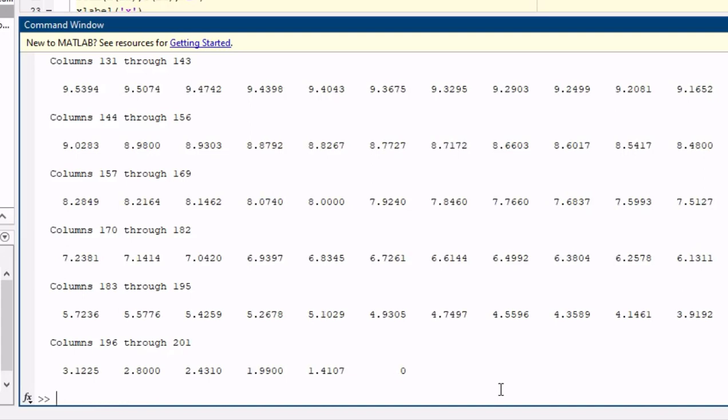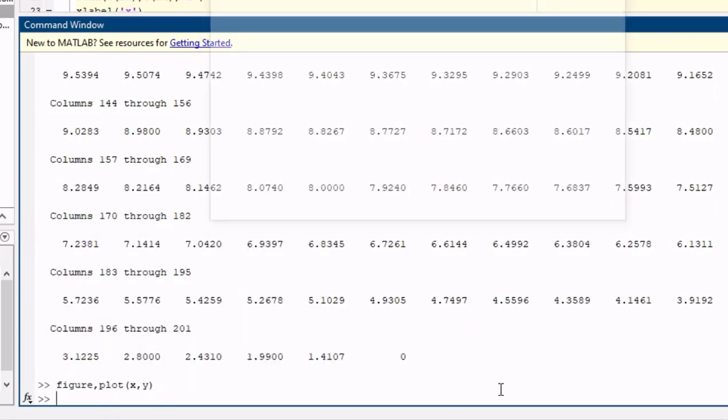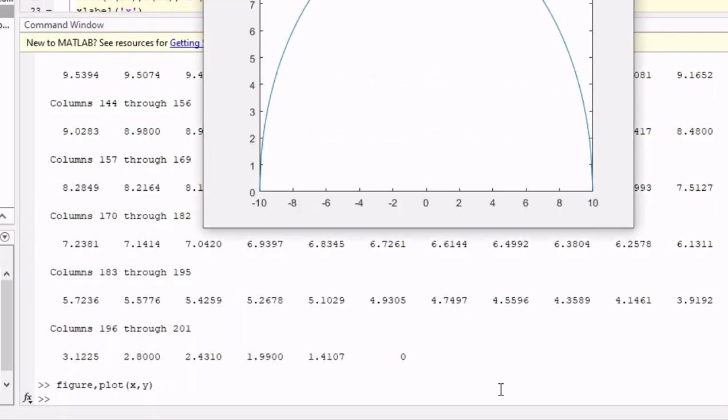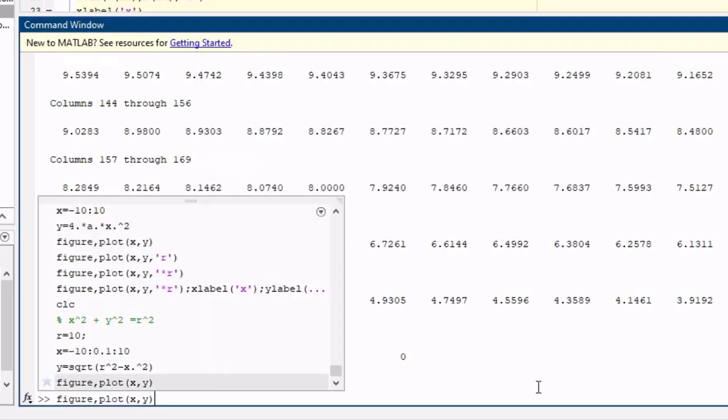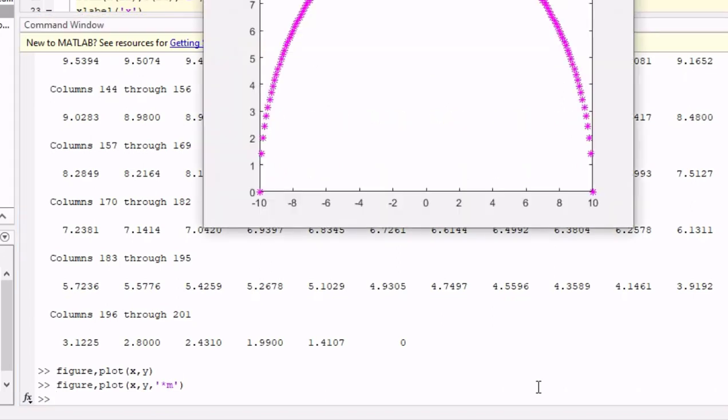So we got the value of y. When you plot this graph the same way, plot x, y, according to the x value, because it's the circle equation, the y value is produced automatically. Similarly, if you want a discrete plot, use a star in magenta color, and this is the plot.